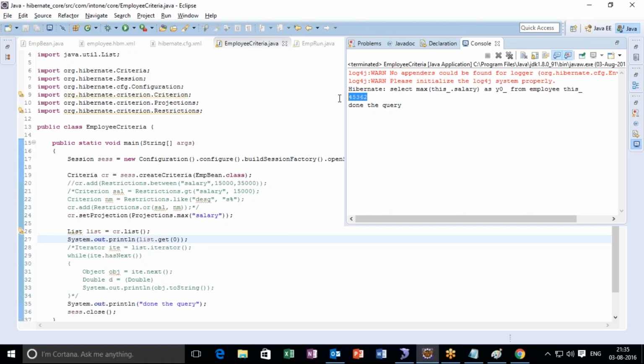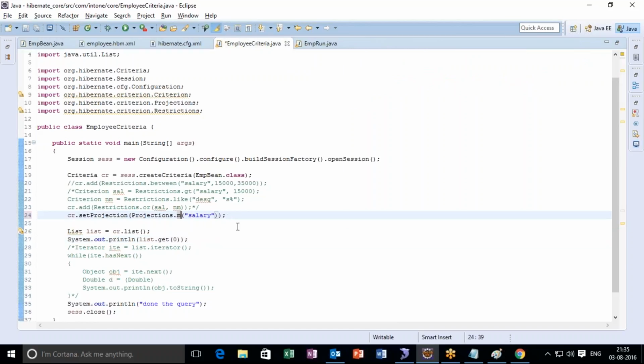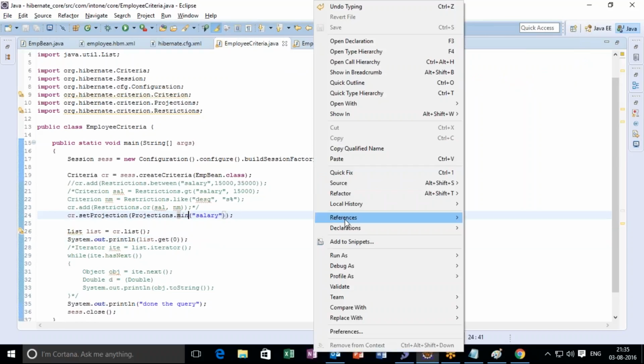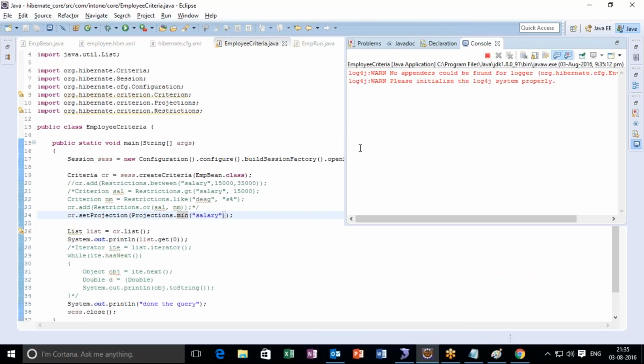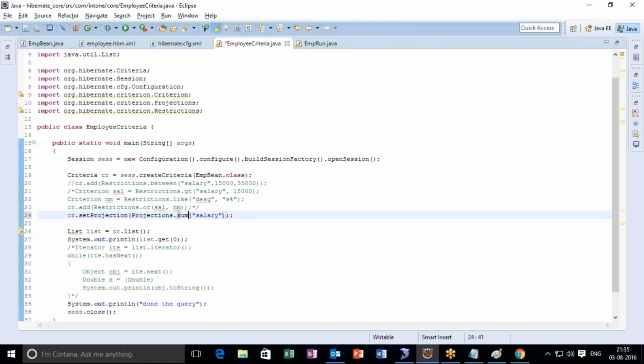Yes, 45,362. Okay, now at the same time, if you want to see the min salary for that, yes, min salary. Yes, 4,536. Okay, if you want to count the complete salary, while generating the payslip of a company,